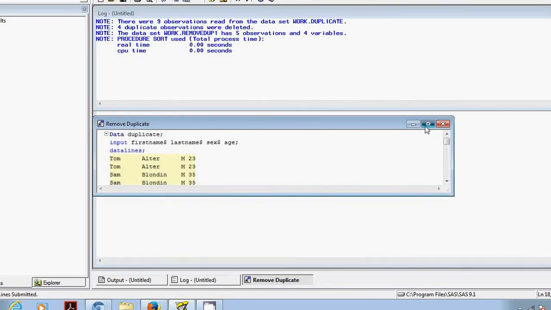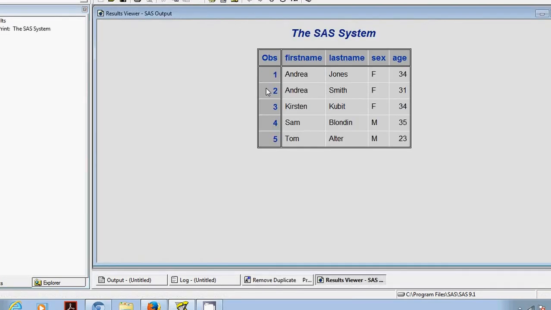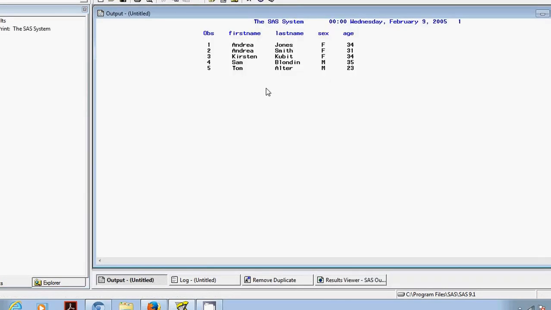So I've run this statement. I'm going to print it. As you can see, it is showing 5 records, because it is taking Andrea Jones female 34 and Andrea Smith F 31, since only Andrea was common in the first name, not all the variables were similar.